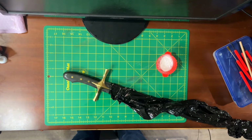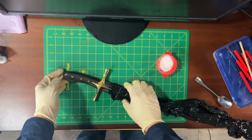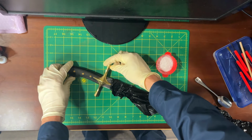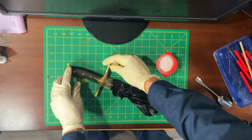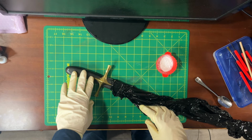Okay, sword friends, we have an unusual one today. So I am doing repair work on a sword. It's a mystery sword for now, but it came to me with a loose guard. So this guard has a little bit of play in it, and I spoke to the smith who made the